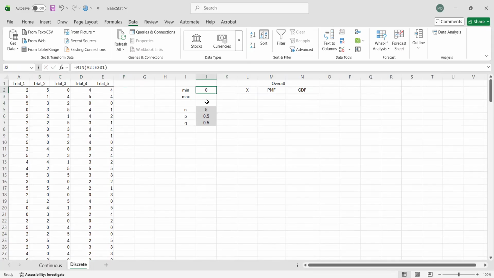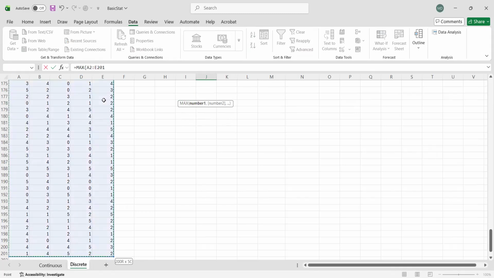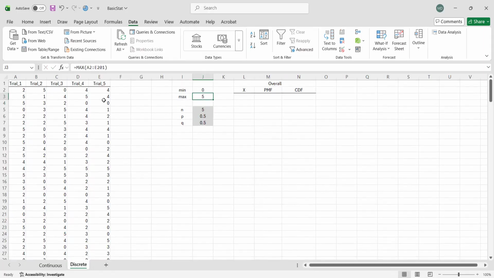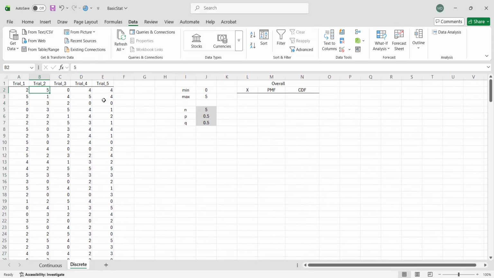Now the minimum value is 0, and the maximum is, okay, we use the maximum function and then select the entire data set and enter. So as you can see, the maximum value is 5. And it so happened we have 5 trials, so our number of trials is 5, or actually it's k.